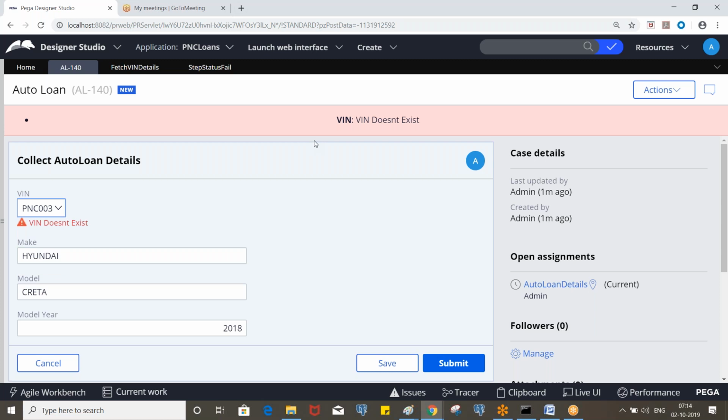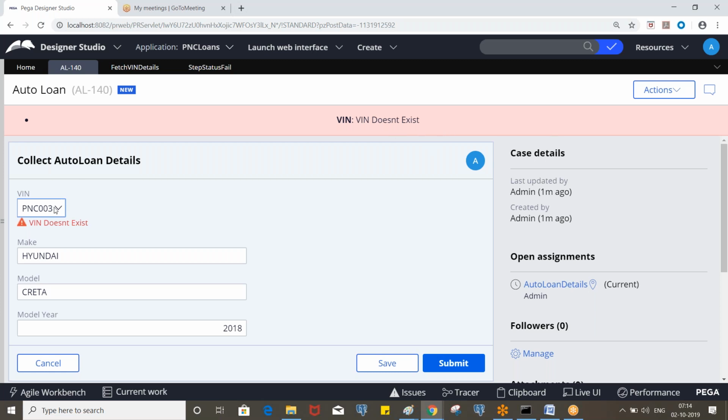Generally in some versions, like if you are working on 7.2, if you use the property set messages, it will not display on top of the page. So here we have the out of the box section, which contains the error messages.